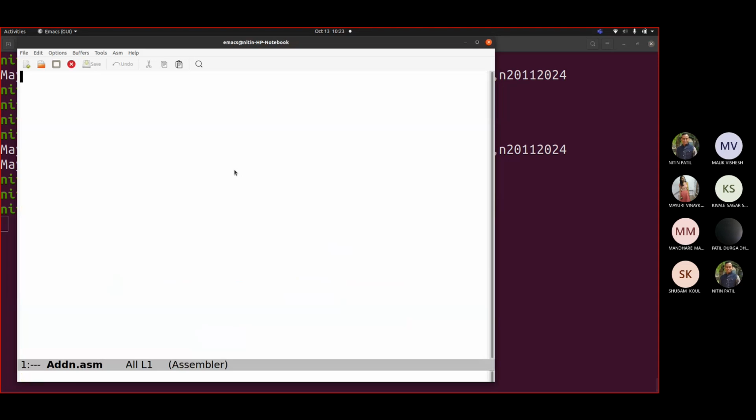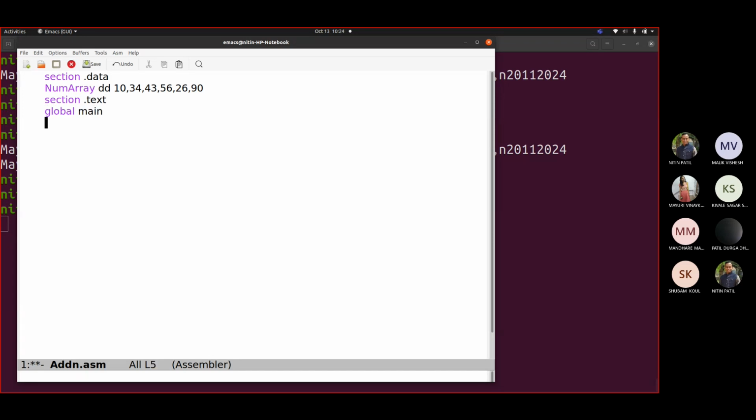How exactly do we want that data to be? Suppose I have data declared as this num array dd 10, 34, 43, 56, 26, 90. Fine. Now section .text